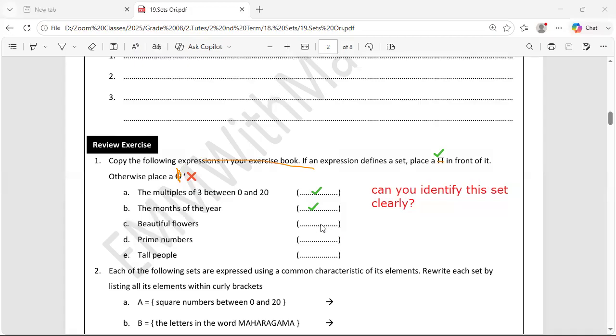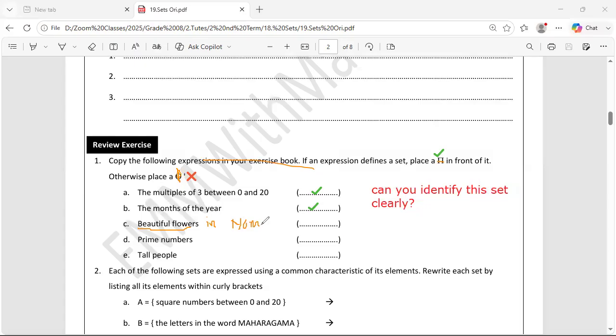In the whole world there are beautiful flowers. But if they say beautiful flowers in our home garden, there is a limitation. So if they ask you to write down the beautiful flowers in our home garden,